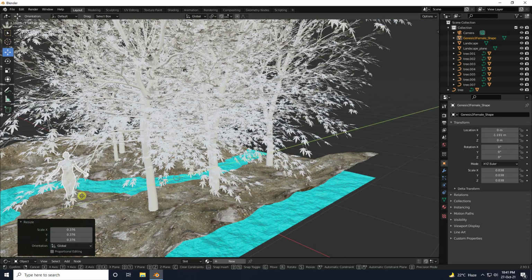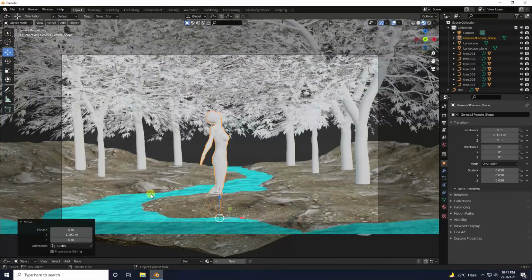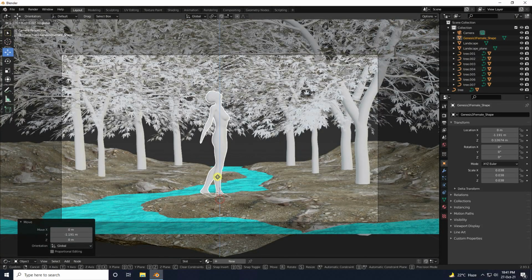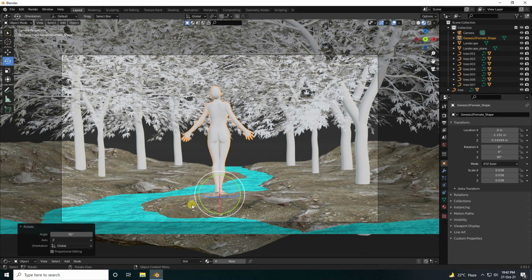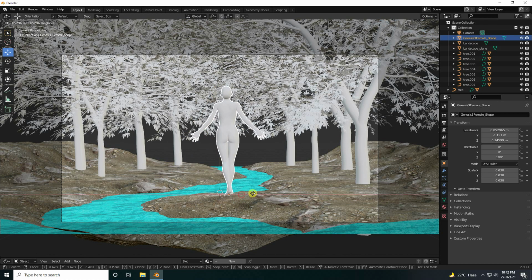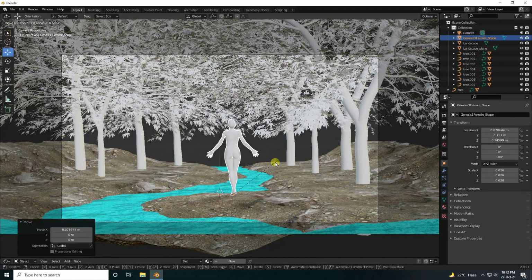So go on here and camera and up like this and rotate your 3D character, and rotate 100 is good, and enter. Yes, right.